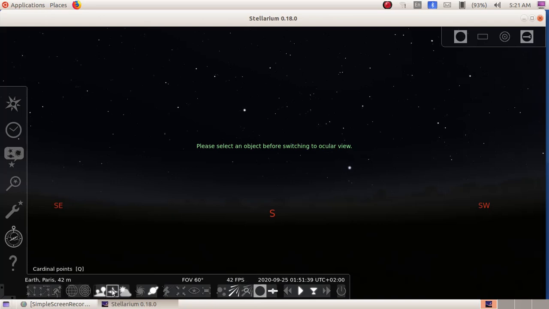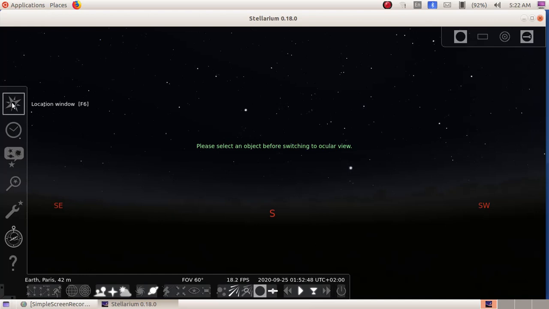then ground, cardinal points, atmosphere, deep sky objects, planet labels, switch between equatorial and azimuthal mounts, center on selection objects, night mode, full screen mode, show exoplanets, toggle meteor showers, show search dialogues, Ocular view, satellite hints, decrease time speed, set normal time rate, then set time to now, increase time speed, and the last one to quit from the software window.